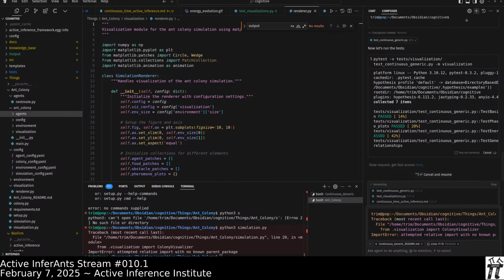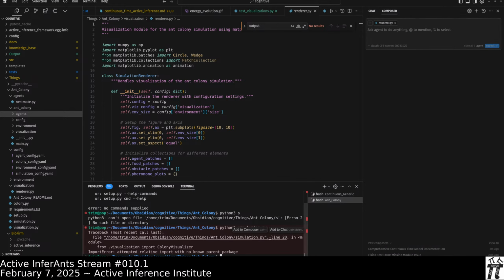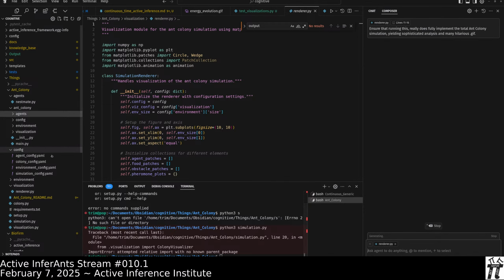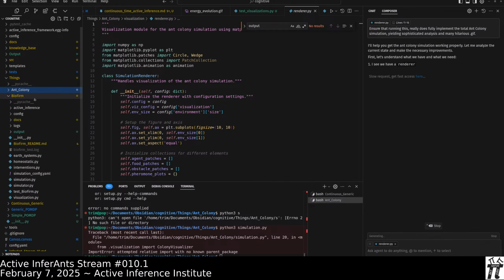But let's just pivot over to the ant colony to see if we can get some ant GIFs on screen. Ensure that running this really does fully implement the total ant colony simulation, yielding sophisticated analysis and many hilarious GIFs. So we'll see where it gets on the ant colony. But meanwhile, over in the Bioferm land,